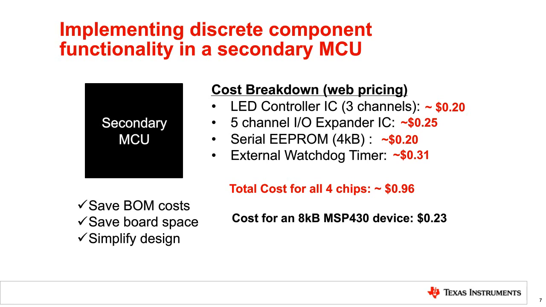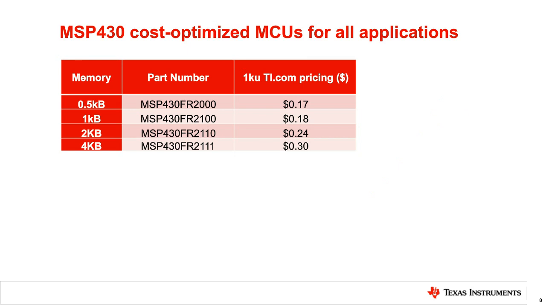So the devices that we are really targeting for these kind of housekeeping or system monitoring applications: if you really need to just do a couple of things in your system, just a couple of housekeeping functions, you probably can get away with a lower memory device. In the scenario we had before, there were several functions being mixed and matched. But if you don't need that many, you can get a really small device with as little as half a K of memory. And on TI.com today, that part is selling for 17 cents. And so you can imagine at volume, this pricing can get even better.